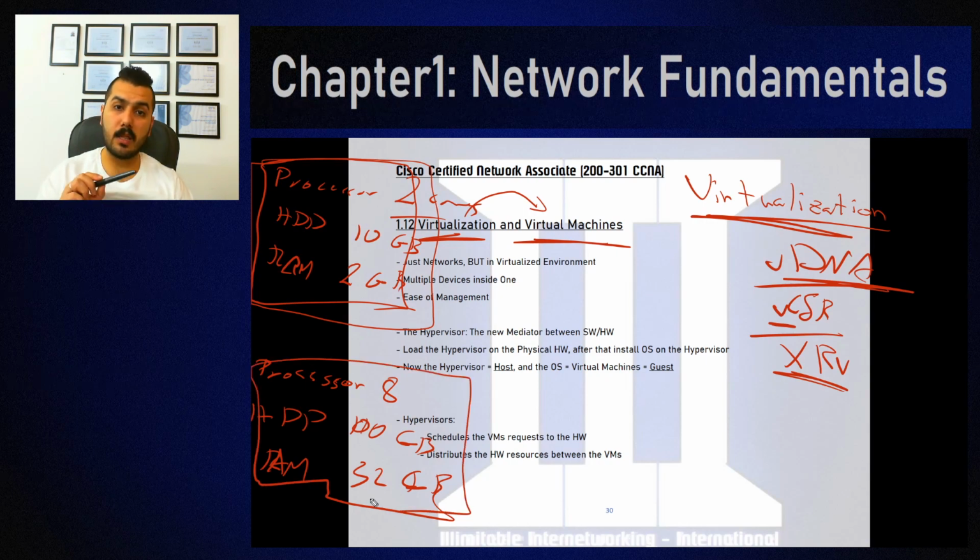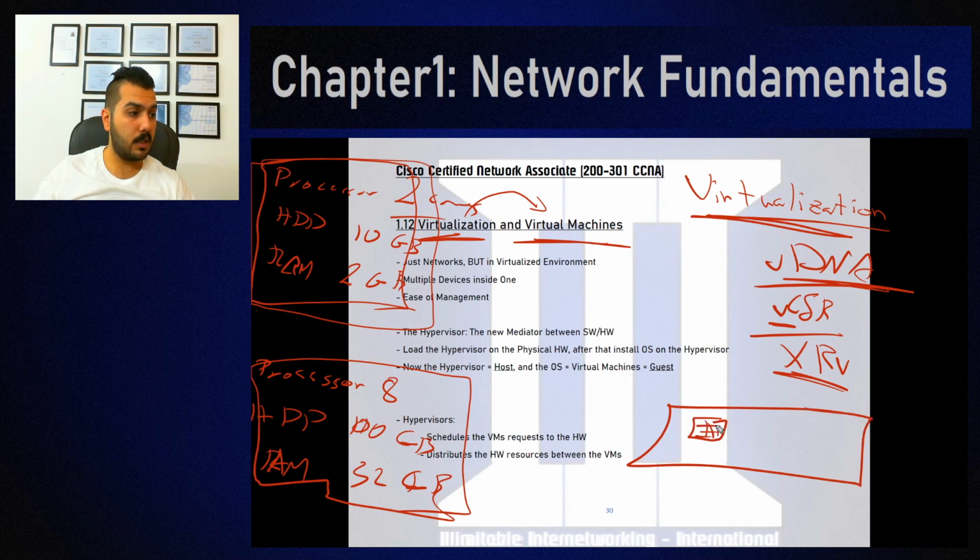You already prepared these hardwares and you want to install more than a server. Virtualization allows you to install more than a single virtual server inside or upon this hardware. You can now have one box of hardware and you can install all these specifications, maybe your RAMs, your hard drive, your processor. Maybe you can install all of these in a single hardware, or maybe you can call it a single platform,